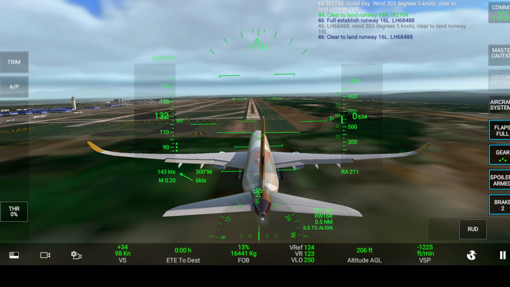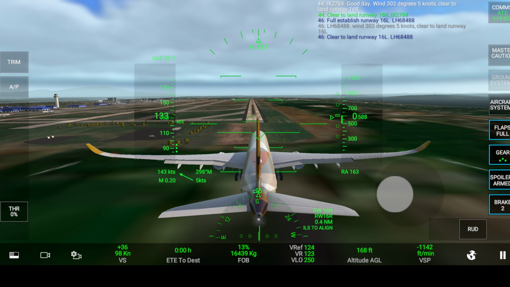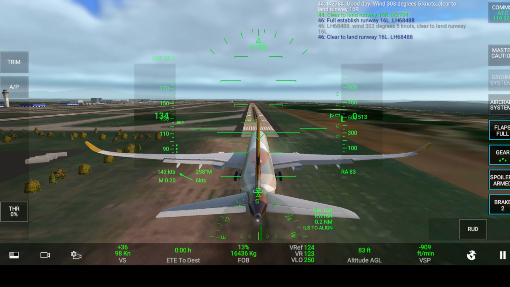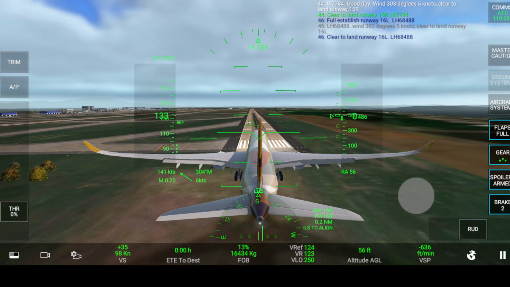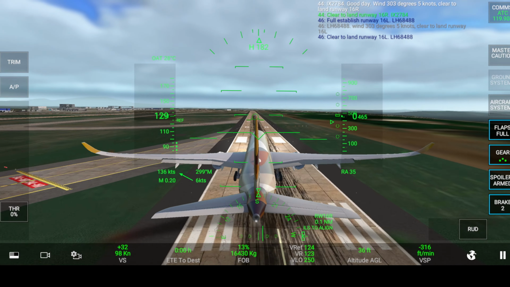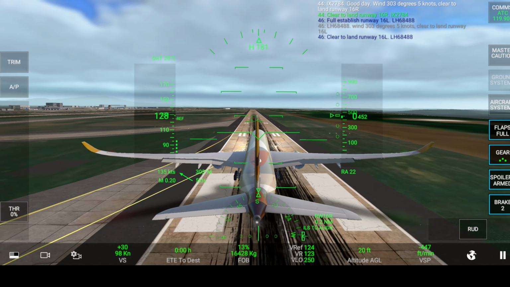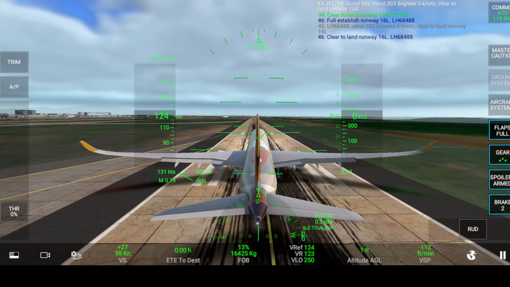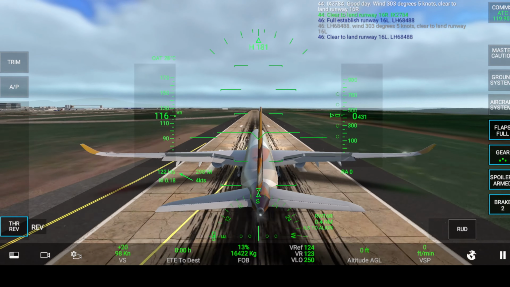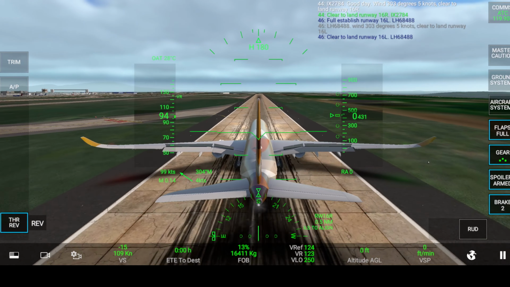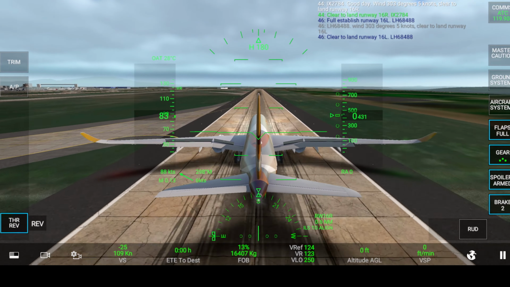Now that I am at a desired altitude, I will start to pull back on the controls and start my flare a bit early so that the rate of descent would be controlled and I can make a soft or a perfect landing. And as you will notice, we make a very good butter landing at around minus 67 feet per minute. So the trick over here is to start giving the input a fraction of a second early, and also